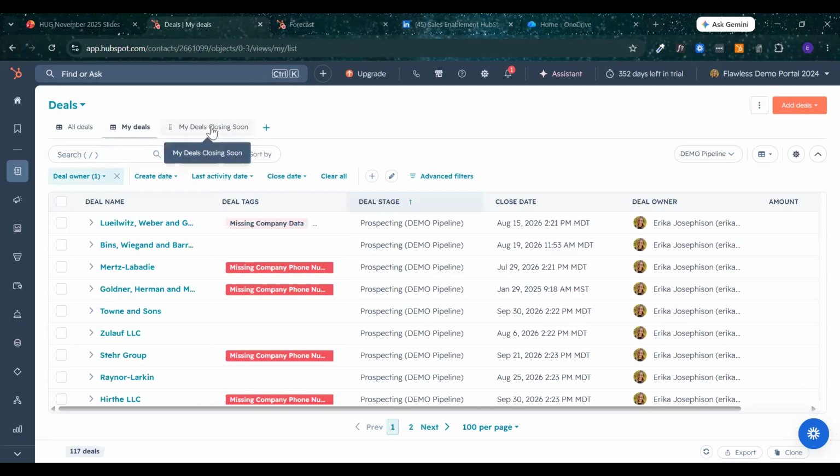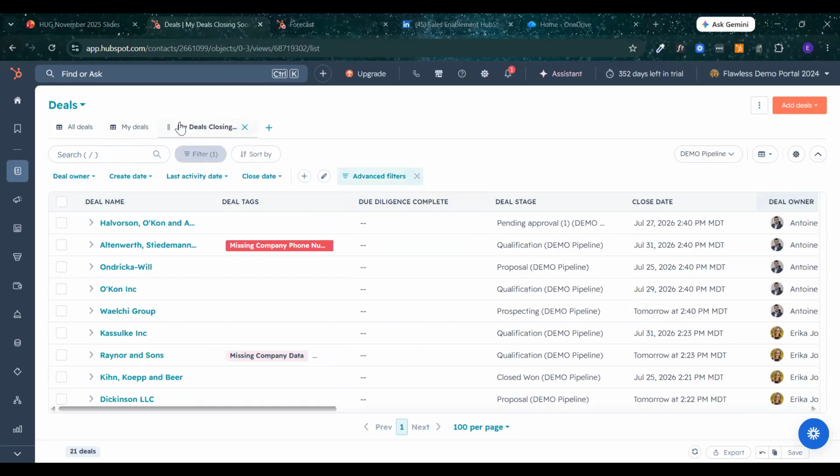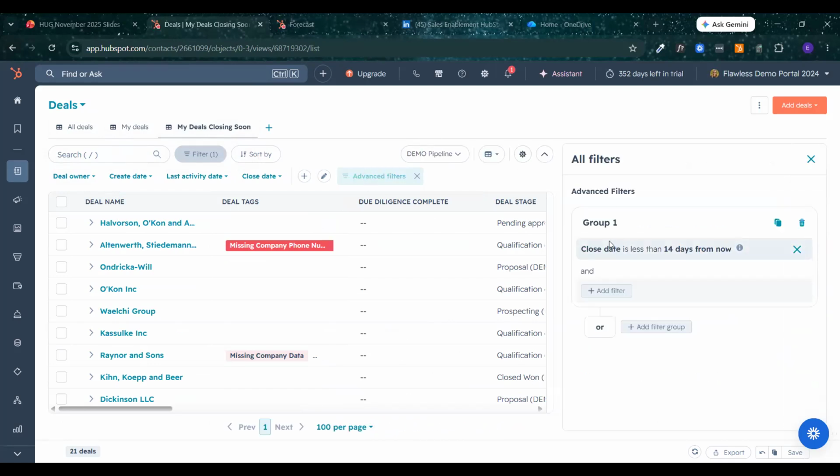But you can set up custom views, and this is one that we really like, which is my deals that are closing soon. And this one says my, but you can use people's names. And basically what that is just deals that belong to you, which is missing from the view, but deals that belong to you that will be closing in less than whatever number of days is most relevant to your business. But we're looking at 2 weeks out, and this is helpful to sales reps who can go in and look.